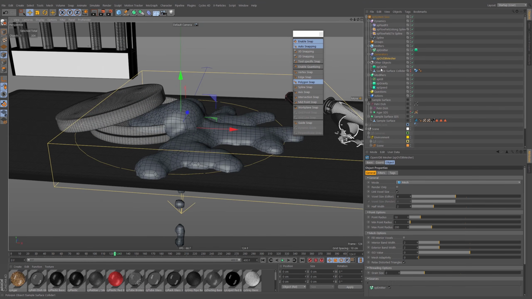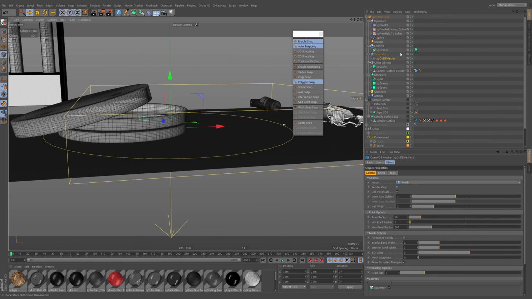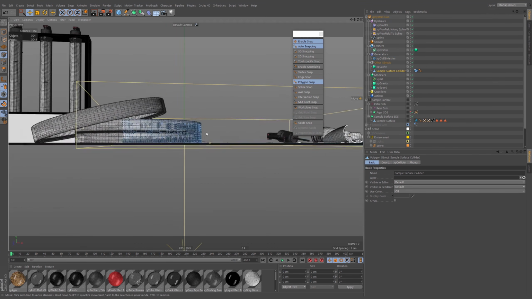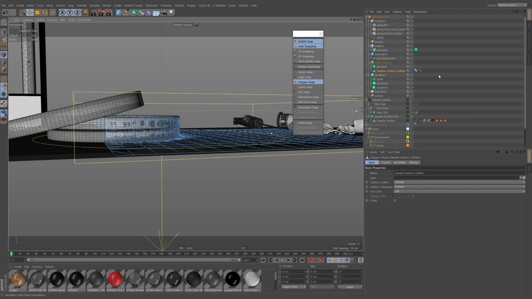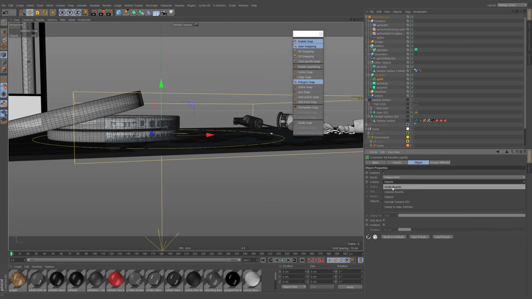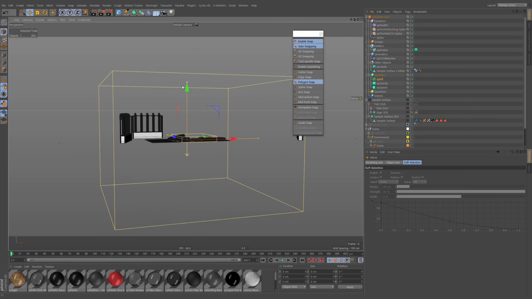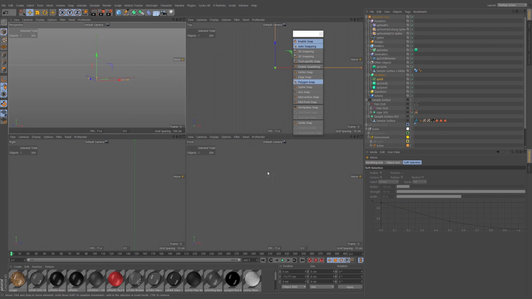Oh, I tell you what, I realized the kill object, this is a good mistake to realize what's going on here. The actual kill surface I've used isn't a volume. So if there's no other surface underneath here, it doesn't know what is an interior volume and doesn't know to kill the particles. So instead of using the surface, I think we can just keep it simple. Delete that, change it back to inside bounds, which means it'll kill any particle that's inside the bound. If I zoom out, go to the model mode, drag this down here, just keep it a bit smaller. And then if I go to one of the side views,